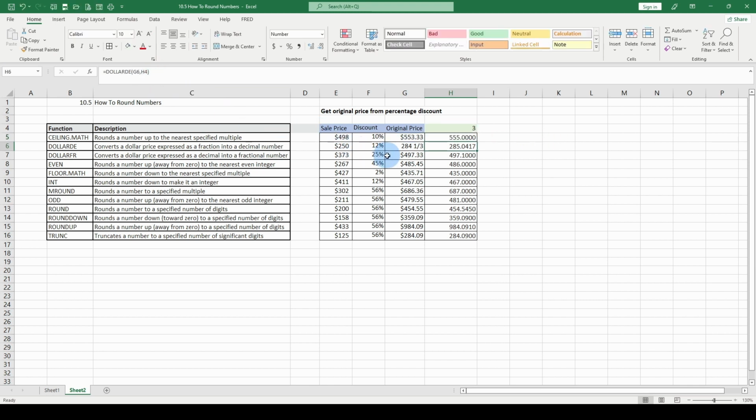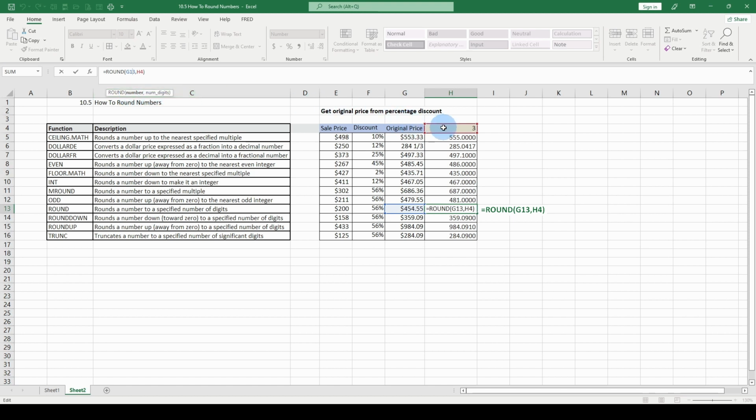If we go down to EVEN, we just click in anywhere within the formula. Here is the expression, EVEN, and then all it wants is a number, and that number would be 485. If we go to ROUND, click anywhere within the formula bar, and we'll have the number, which would be G13, and the number of